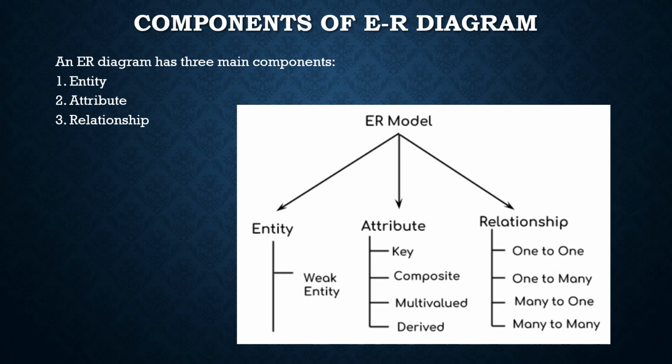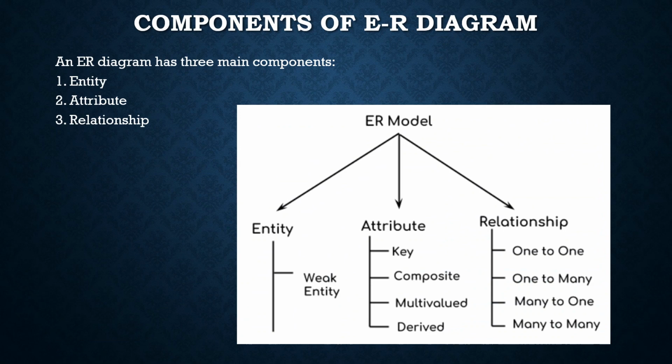See this. Here in the ER model, there is entity, also weak entity, and composite entity. Under the ER diagram, attributes are there. There are 4 types of attributes: key attributes, composite, multi-valued, derived, etc. And then relationships. There are 4 relationships: one to one, one to many, many to one, and many to many. But according to your syllabus, such relationships are not there.